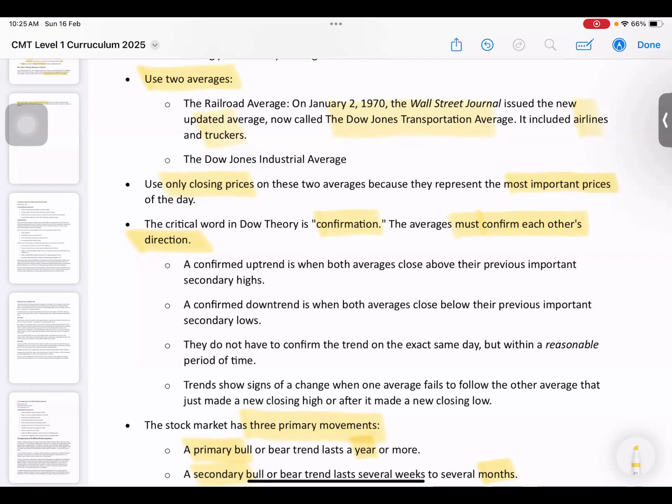So at that point of time, Dow only used the closing prices. Yes, closing prices are important according to me, but in spite of being a Dow theorist, I do not use line charts because line charts are very, very boring. Line charts may not show some of the patterns that you can see on the high-low charts. They will be very different. So, for example, if I give you two charts of the same stock,